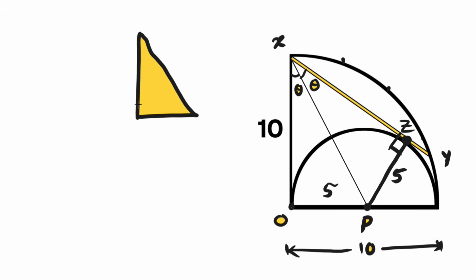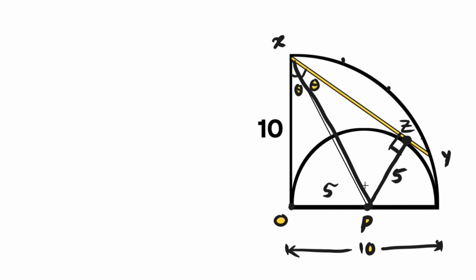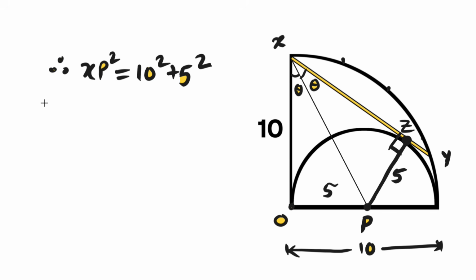Remember, the Pythagorean theorem says that in a right triangle, the square of the hypotenuse equals the sum of the squares of the two legs. Here, XP is the hypotenuse, while OX and OP are the two perpendicular legs. Therefore, XP squared equals 10 squared plus 5 squared. 10 squared is 100, and 5 squared is 25. So, XP squared equals 100 plus 25, which gives us